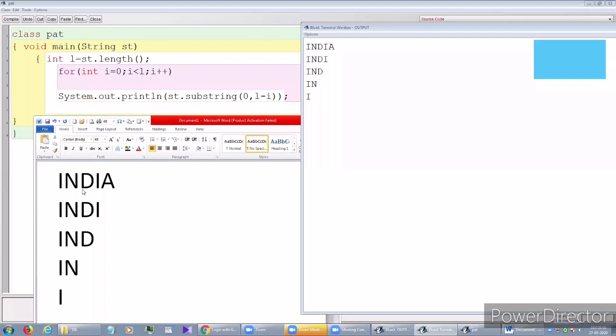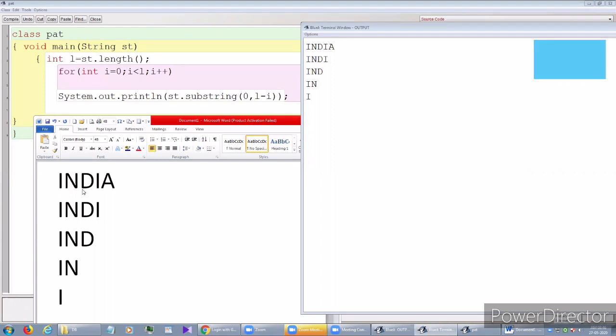One is with a single value, then from this index to the rest. The other is a range, like here, where we need a range. Why? Because in the question, the first letter I is always fixed at the beginning, so it will start from 0 comma L minus I.